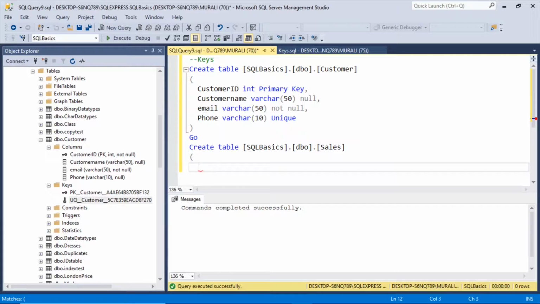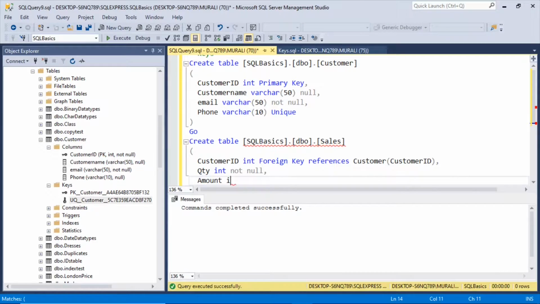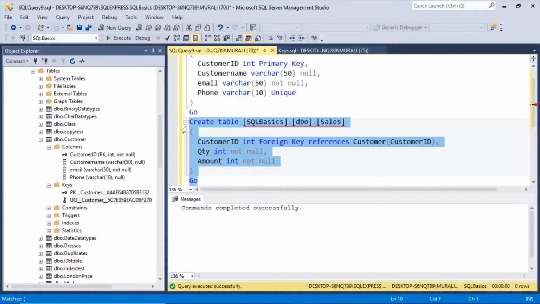Here we'll give customer ID int is a foreign key, and references customer table, the column customer ID, quantity int not null, amount int not null. So let us create this table now.